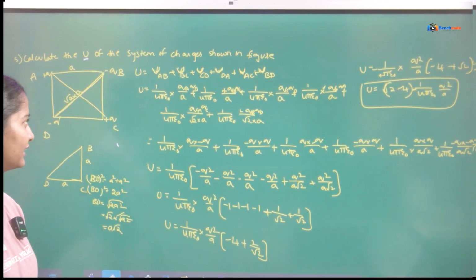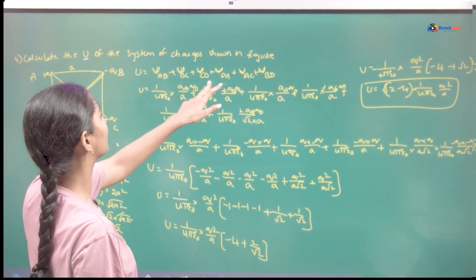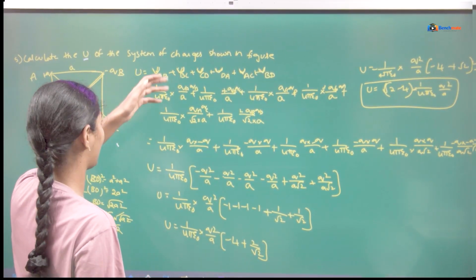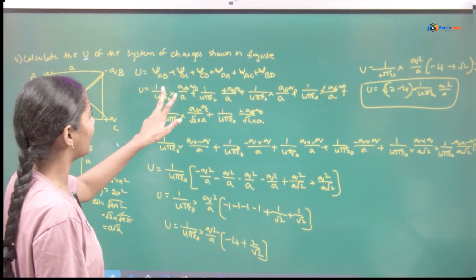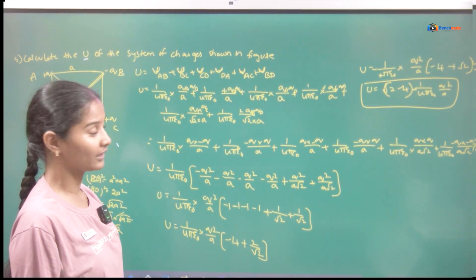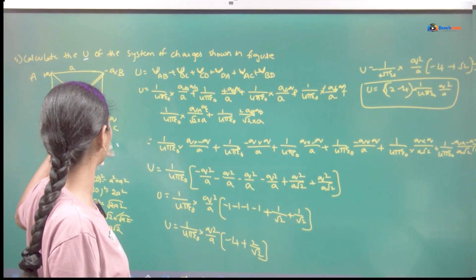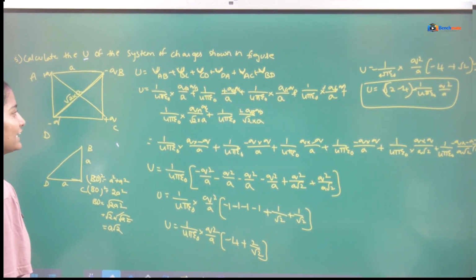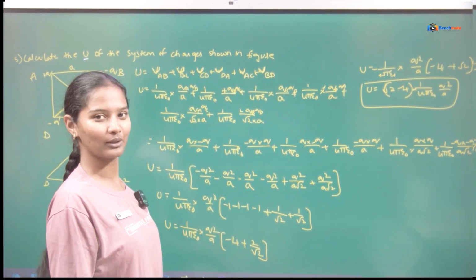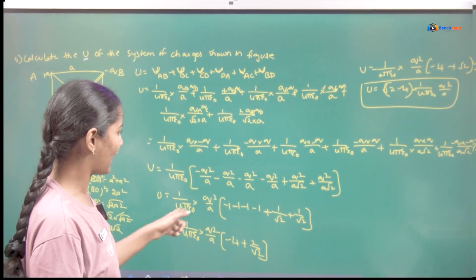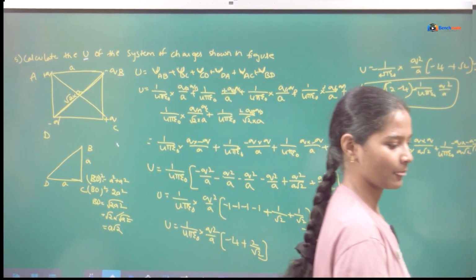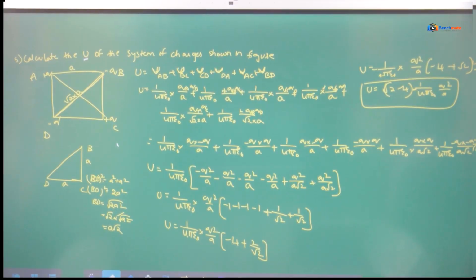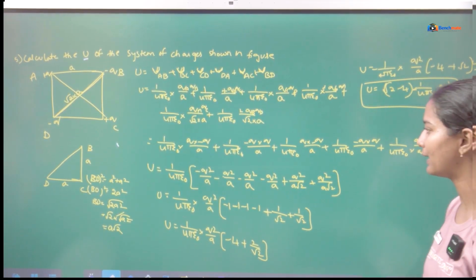I hope this is clear. I made a mistake here: I had taken potential, but we are calculating the energy, right? Energy you have to take. Energy means two charges you are going to get. Potential will be 0 because the negative charges cancel out with each other. For the same question, if you calculate potential, that is going to be 0, and energy will be in this way. Is it clear? So root 2 minus 4 into 1 by 4 pi epsilon naught into Q square by A.